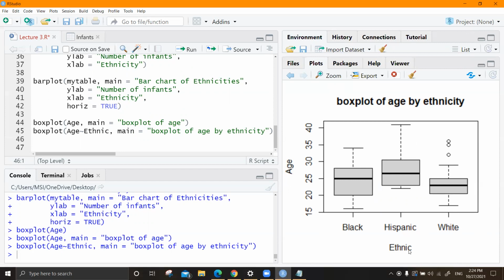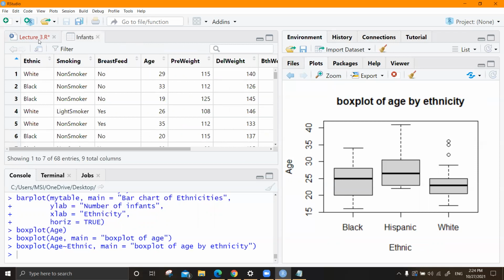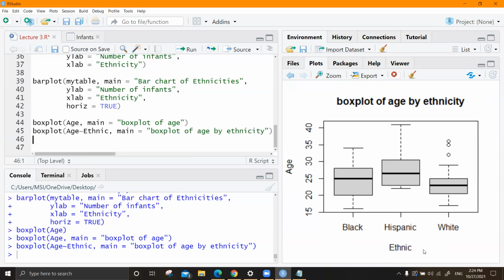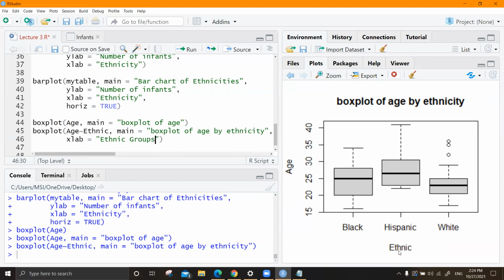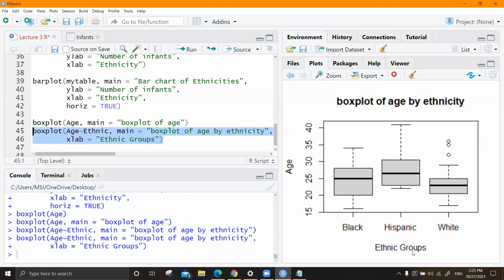So this is age, this is ethnic. By default, this is the variable name in here, right? Let's say you want to have ethnic groups instead of ethnic. How are you going to do that? You come here, put a comma, and write xlab equals, and instead of ethnic, if you want to give it as ethnic groups, you can simply do that.